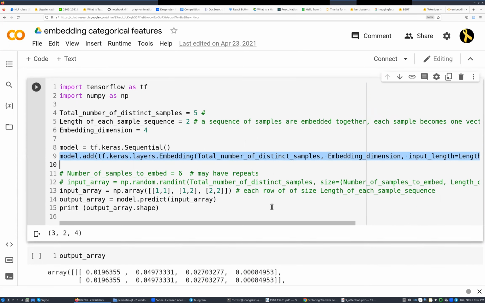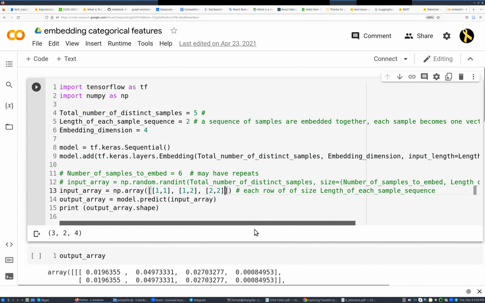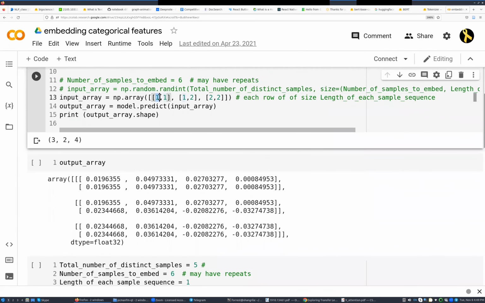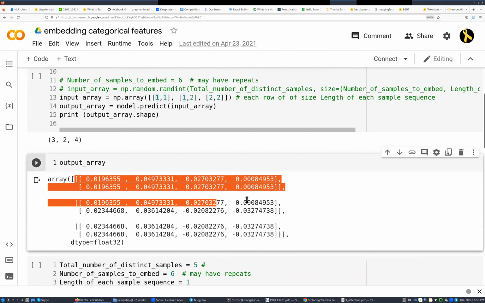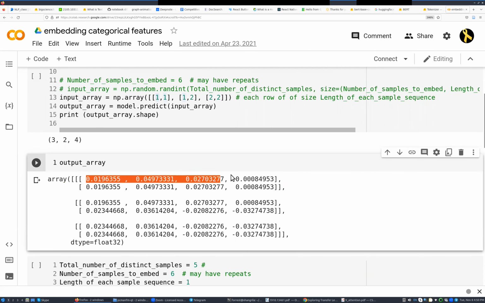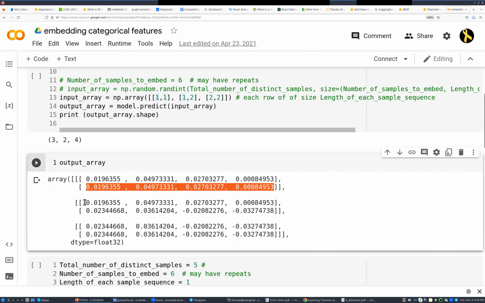Now I want to embed multiple inputs. You can see I have 3 inputs, and according to my specification, the input length is 2, which means each one will be individually embedded. You can see there's a segmentation. This is the first, 2, 1, 1. You can see the random numbers are the same, which means from the lookup table we looked up the same randomly